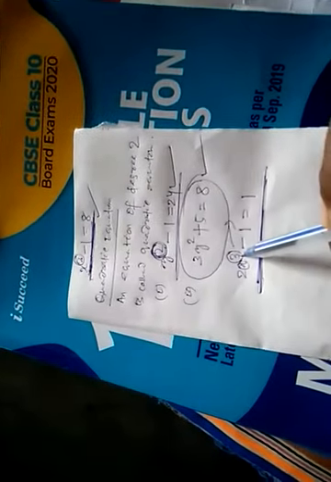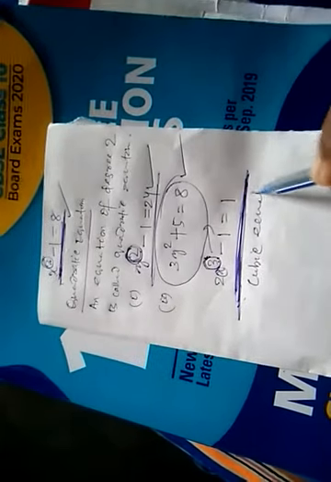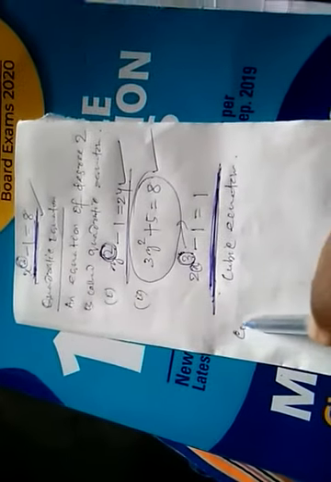Let us consider another equation: 2x cube minus 1 equals 1. Here x is the variable and the exponent is 3. But this is not a linear equation because the exponent is not 1. It is also not a quadratic equation because the exponent is not 2. The exponent here is 3, so such equations are called cubic equations. So now, what is a cubic equation?